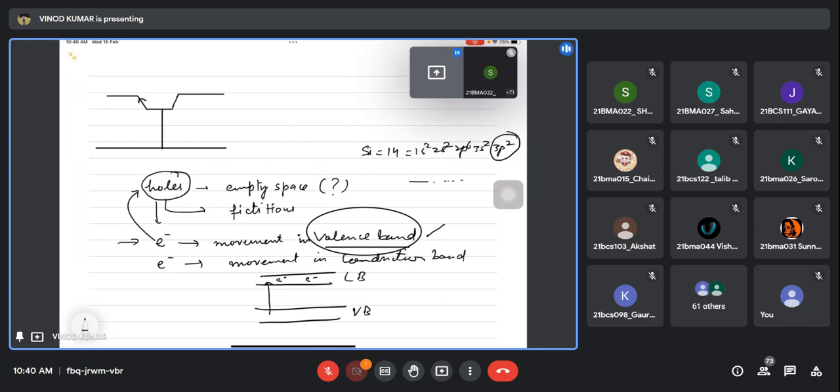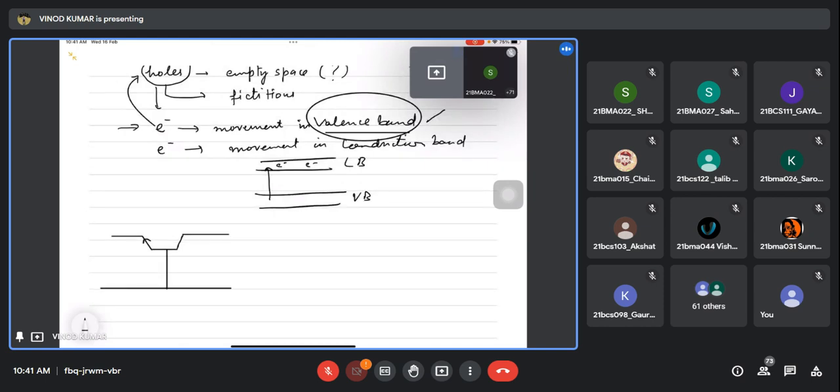Okay, all right. So this is the common base configuration. If I talk about this, so this is emitter, this is base, and this is collector. This is the input side, this is the output side. So what is common in the input and output? It is the base. That's why this configuration is common base